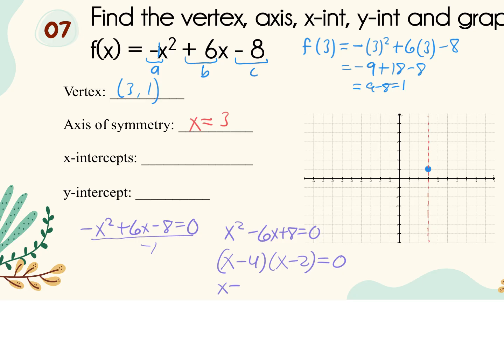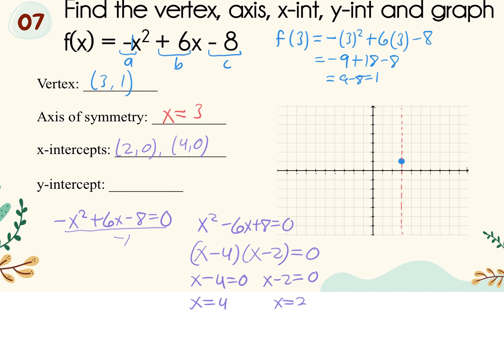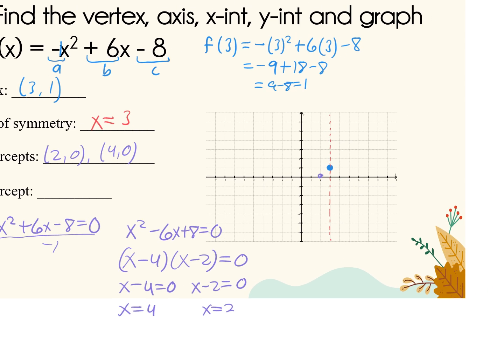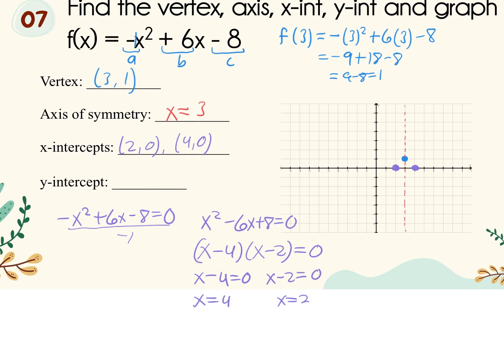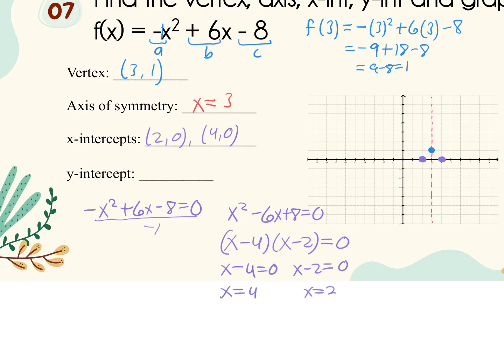And then when you set both of these factors equal to 0, x minus 4 equals 0, x minus 2 equals 0, we get x equals 4 and x equals 2, right? So I get 2 comma 0 and 4 comma 0 as our x-intercepts. Remember, intercepts should always be written as ordered pairs, so I'm going to go ahead and plot those points. Right? This is enough information to actually sketch our parabola, but again, we have more information that we need to